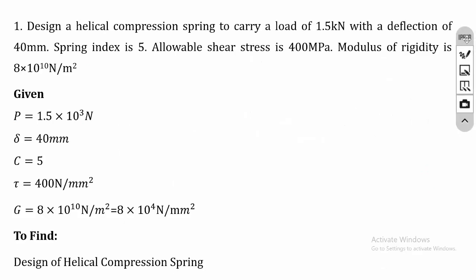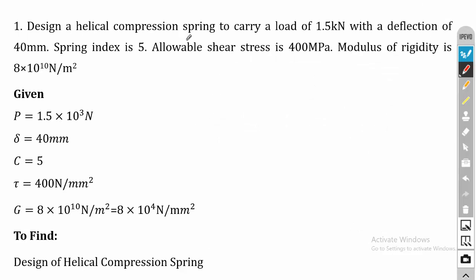So we'll start with a simple problem. In helical compression spring problems, in most cases the load will not be directly given. They will give the pressure value, or some limit of pressure values, two pressure values. From those pressure values, we have to calculate the load. In most cases the load value will not be directly given. So that is the only complication of helical compression spring problems.